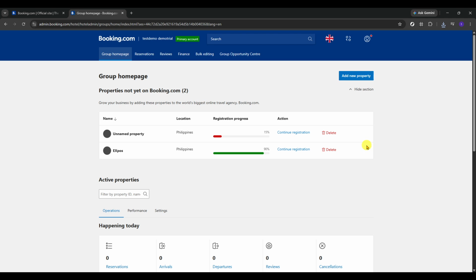To begin, open the Booking.com group homepage in your browser. Once the page loads, make sure you are on the correct administrative area for your group account. This is the main place where Booking.com brings together information related to the properties under your management. If the page takes a moment to load, just wait until the dashboard is fully visible so you can clearly